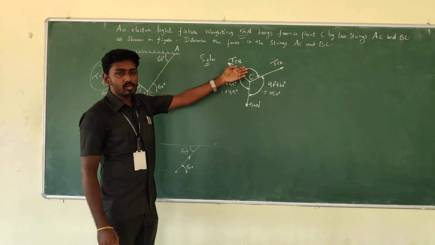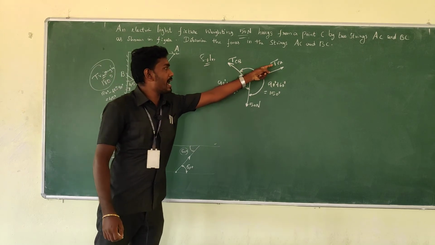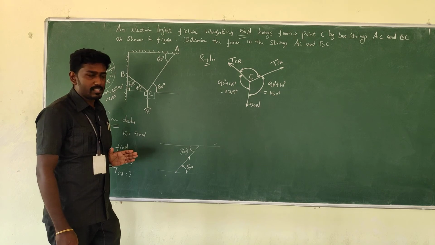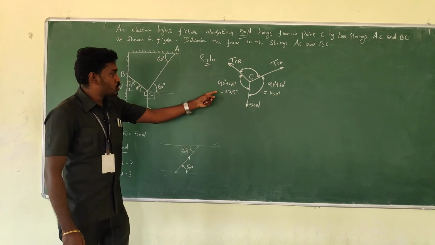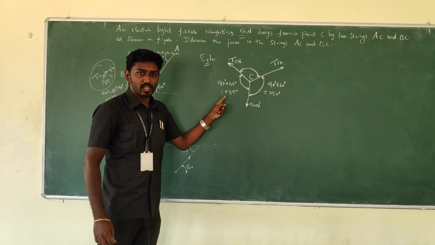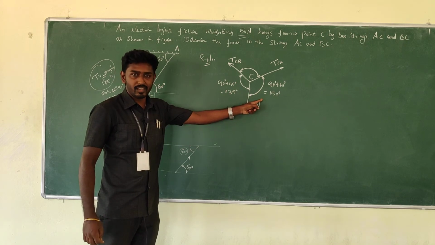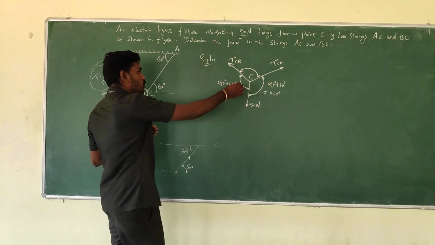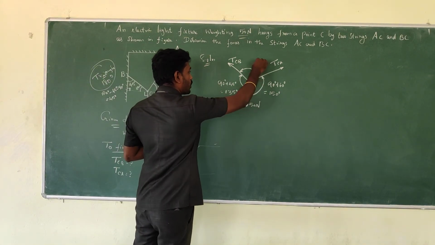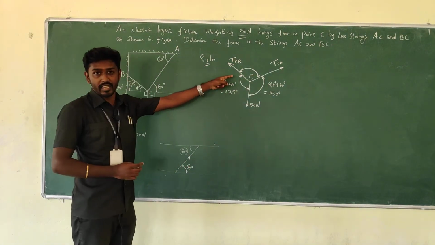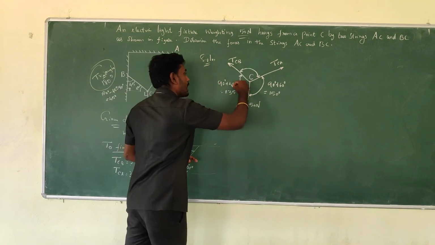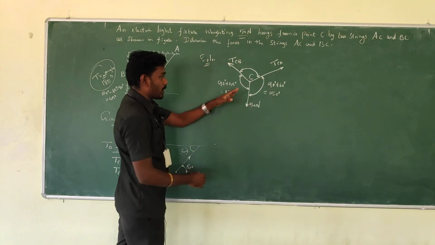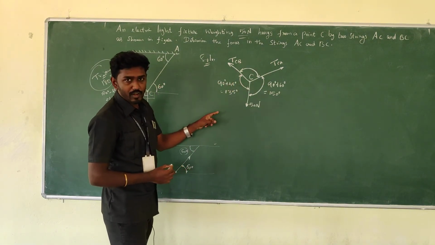What is next? The angle between TCB and TCA needs to be found. So here, see, two angles have been calculated. Remaining is one. It is so easy. We know the total angle of this is 360 degree. If you take a circle, that will be 360. So the total angle for the forces will be 360 degree.